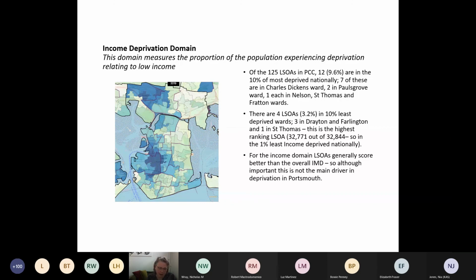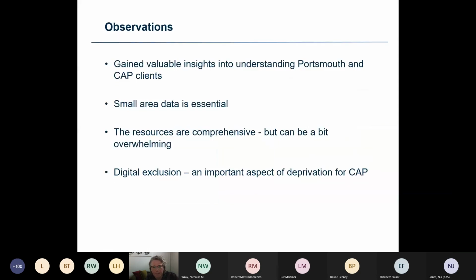And then further to that, matching to wards means knowing how to find the lookup tables, downloading these and matching them across, having to understand what the various codes were and how they work for the matching. So that's even more complicated. So the next slide, please. So this is my final slide.